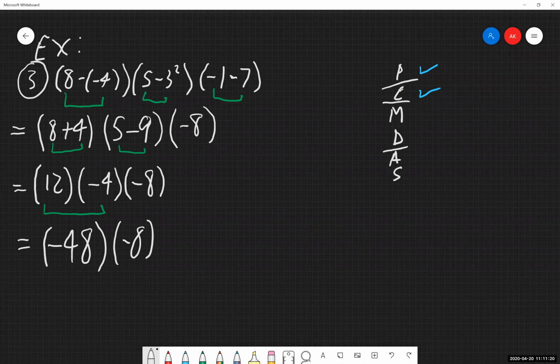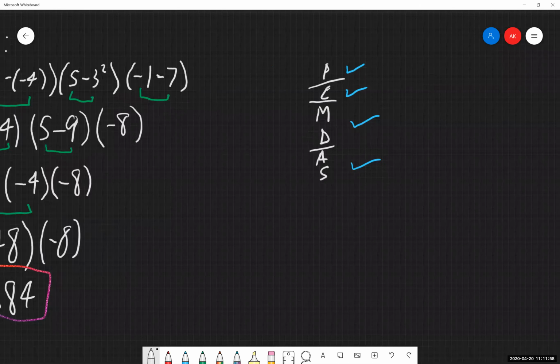And now I multiply these two together. I have a negative times a negative, sorry, which means my answer is going to be positive, so I work with the signs first. And I do 48 times 8. I don't know what that is off the top of my head, so I'm going to use a calculator for that. And I'm getting 384 in the calculator. And we have our final answer there. Nothing else I'm doing in my other steps, so we're good on that front. Okay. So we'll take a look at the last example from that page.